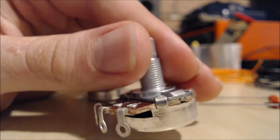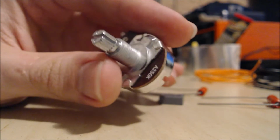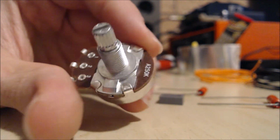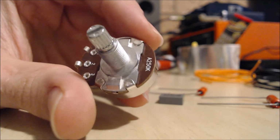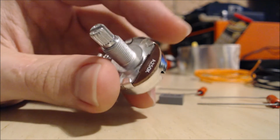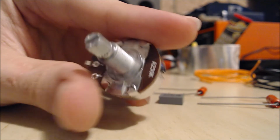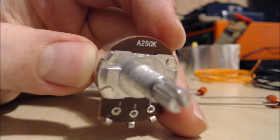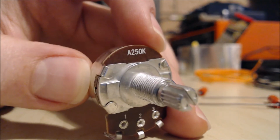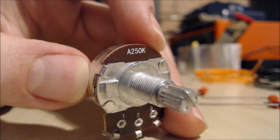So this should serve our purposes quite well, and it'll round off to about 350k for each pickup as the resistance. These values matter so much, as the higher this value, the brighter your instrument will sound. So if you see here, they usually use as standard